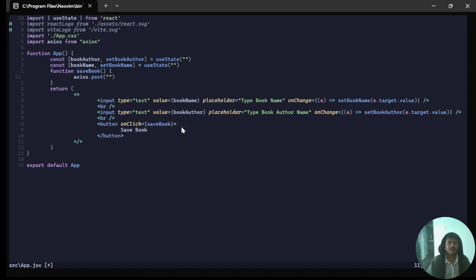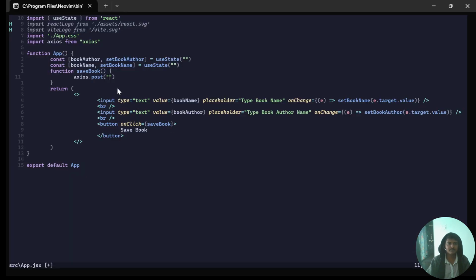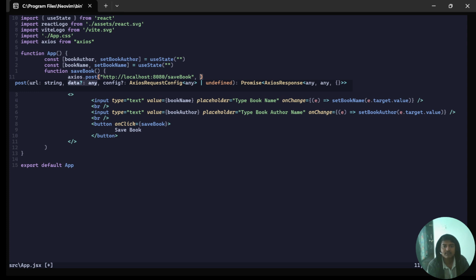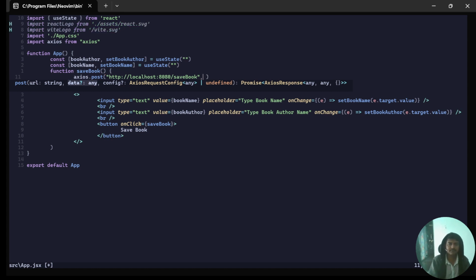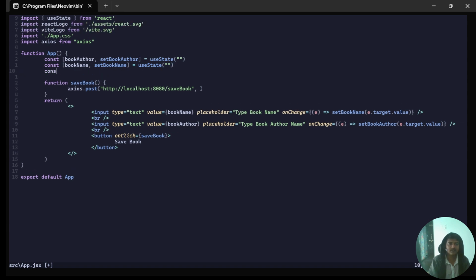First one is the URL to which we are hitting our request, which is this one. Just paste it here. And second one, it will take a kind of a payload or the data which is going to be pushed with this URL. So let me make one variable for that, const, or I'll say it as book data,